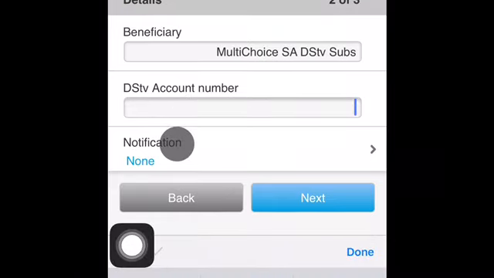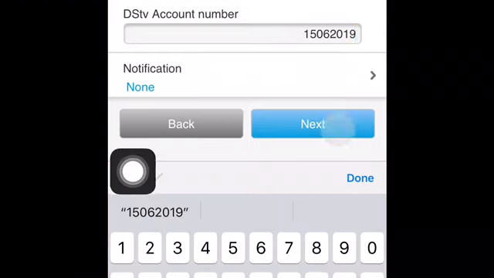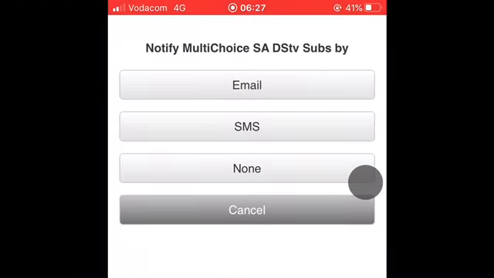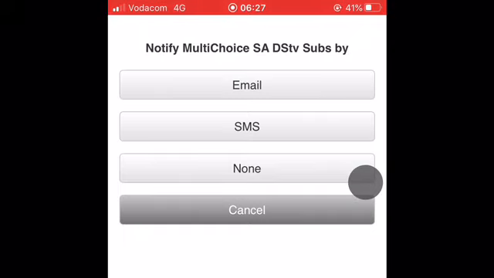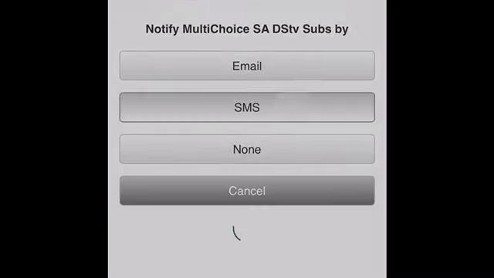That is the number or a reference that you have been given by DSTV. It's 8 digits, so I'm just gonna key in mine. Okay, and then you click notification. So with notification, you want to notify DSTV or MultiChoice that you have paid. You can notify them via email, you can notify them via SMS. So we're gonna do an SMS,